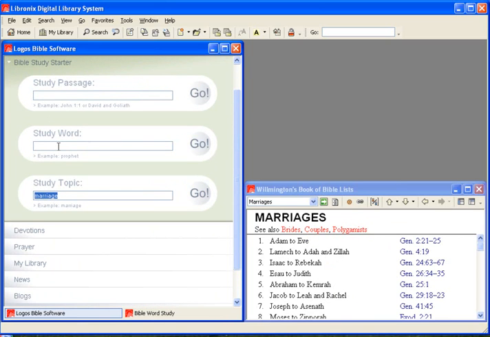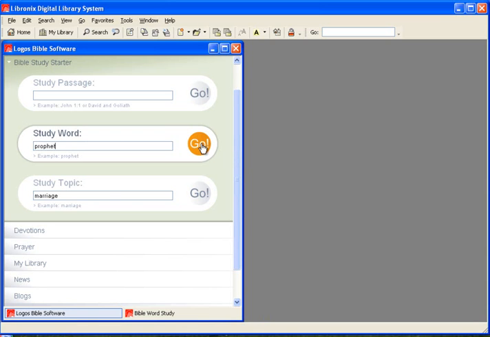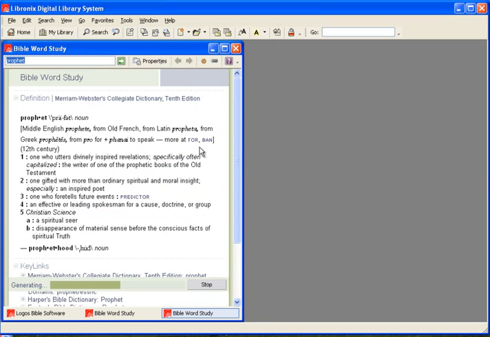If we're going to go ahead and use Study Word, let's just put in prophet, which is the word they give us as an example there, and click on go. Let's clear this over here. We click on go. This is going to give you every instance of the word in the Bible. It's going to take some time here. It's generating, which means it's finding every instance of that word. But up above here you can see that it gives the Merriam Dictionary definition of it, and then it gives you prophet here, the Greek for it, and then it gives you several definitions down here. It's still generating, but we're going to stop it just to save ourselves some time and go on down.